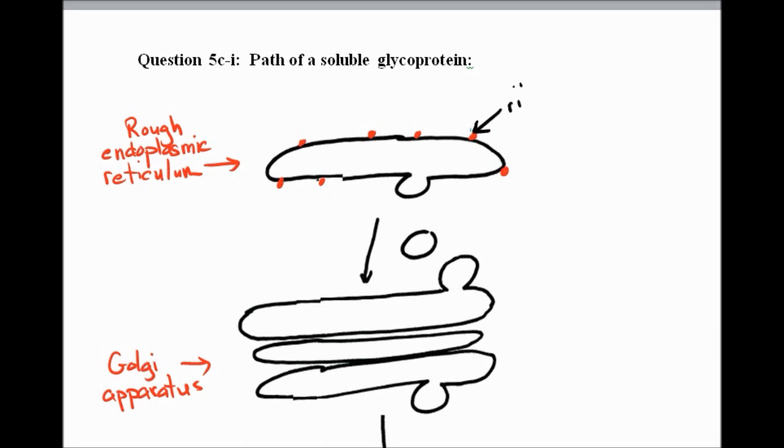So these are ribosomes. They use RNA as the information in order to produce a protein, and if it's a soluble protein, it is going to be completely within the lumen